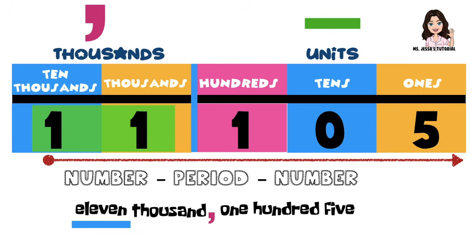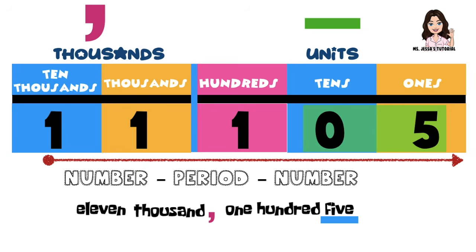Let's proceed to the units period. We have 0 tens and 5 ones. And the tens and ones number is written as 5. Since 5 is only one word, we will not use hyphen for this. So that is the correct way in writing